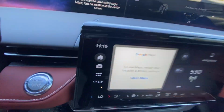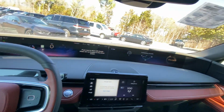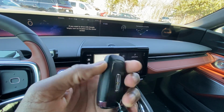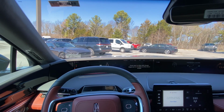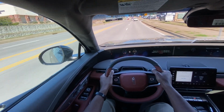So, okay, push button start, key fob with remote start. And next it's time to take this 2024 Lincoln Nautilus Black Label out on the road for a test drive. So starting the test drive in this Lincoln Nautilus,